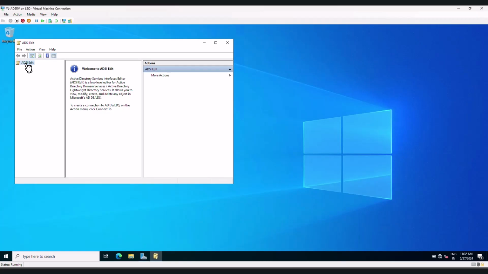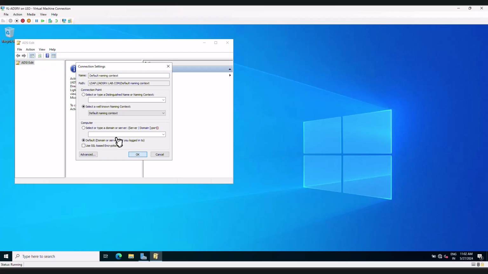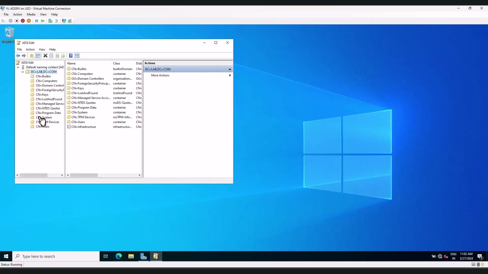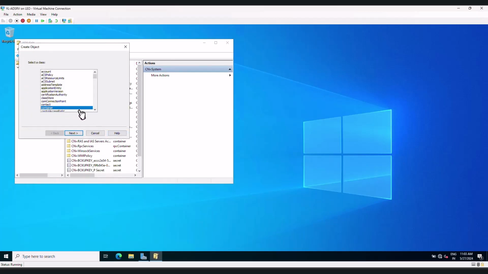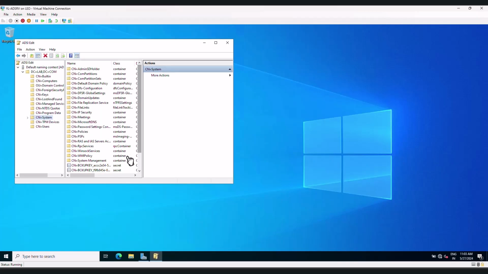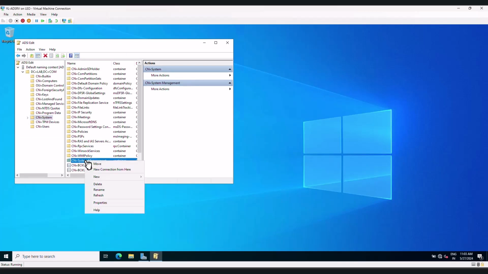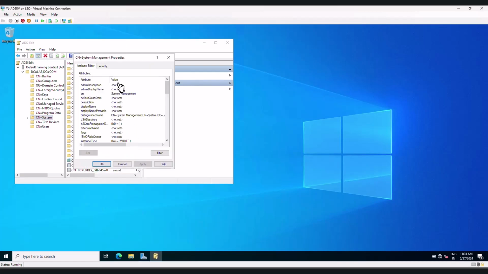So here, just right click and then connect to and click OK. So expand this one. Here we have system, right click, new object, select the container here, next, and type system management and next and finish. So right click on system management, properties, security,